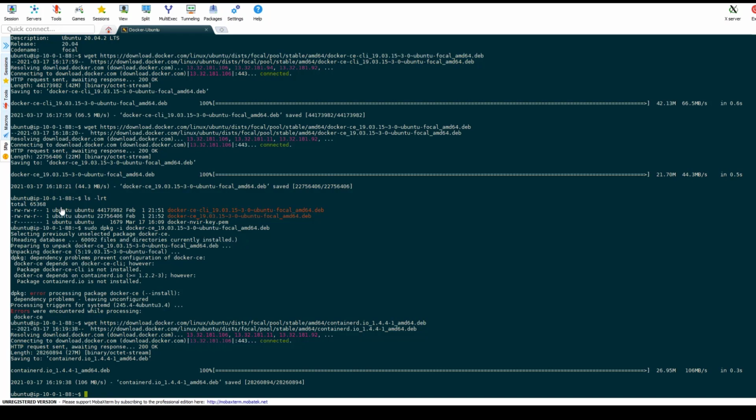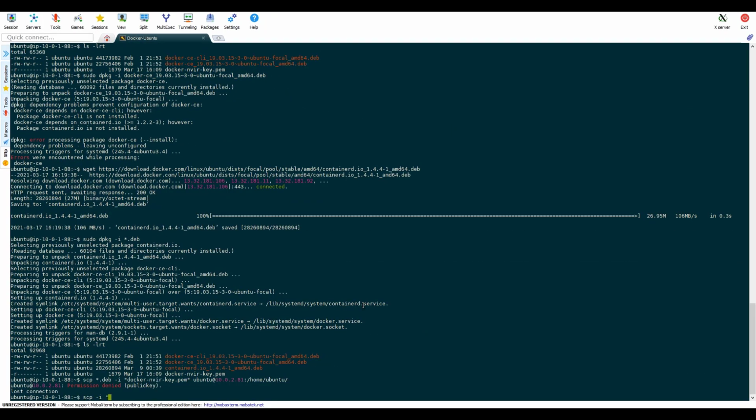Now we have the required packages. We copy the packages to the DB server, or the server on private subnet 2.